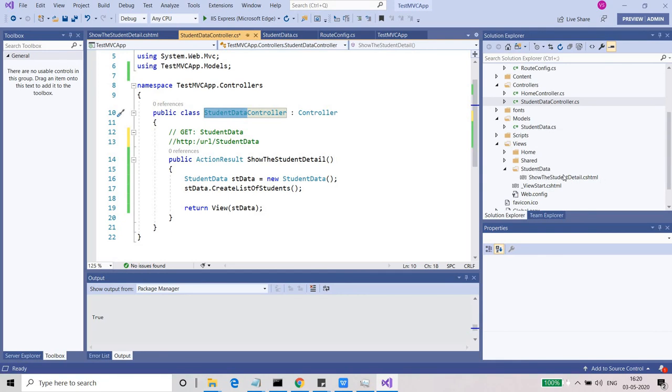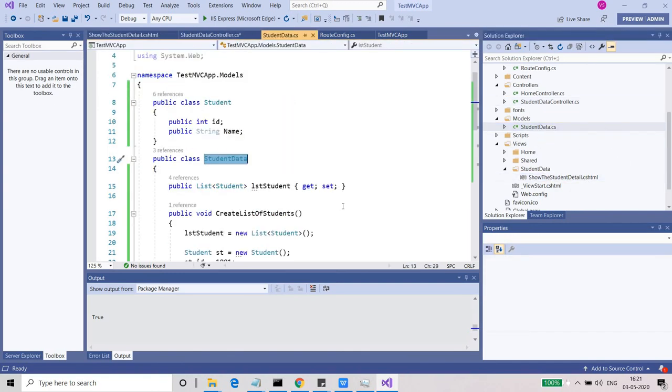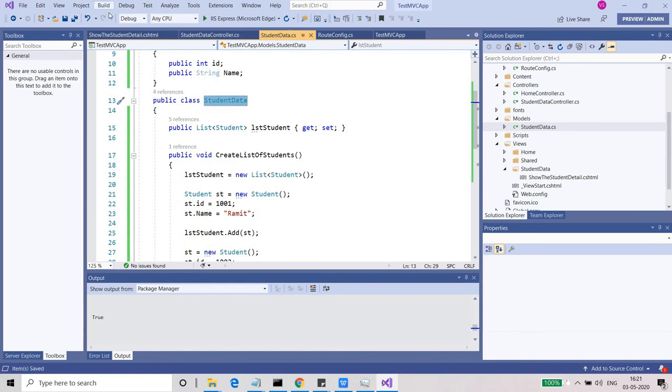Wherever your HTML file has been placed, you just need to remember the name of that particular folder. And this particular folder gets created as soon as you create a controller. So controller is removed from the name, just the StudentData folder is created here under the view whenever you create a controller class. And then you have created a view here. So StudentData, and then it will be like ShowTheStudentDetails. That's it. This will be the complete format if you have to access this particular student detail which has been given here, right? So let's go here, just compile it, build it,